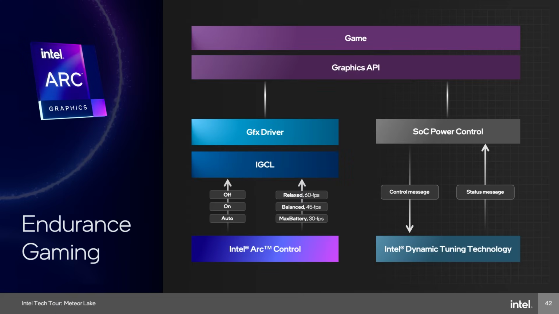Today, it uses a combination of driver-based frame limiting. So we're going to say, don't go faster than a particular frame rate, but it also connects into our SoC. So there's all kinds of power management happening on the CPU side that effectively cooperates with our GPU to get the right sort of experience versus power. You can almost say experience per watt. And it's very, very cool technology. So it's not just graphics, it's a whole platform.